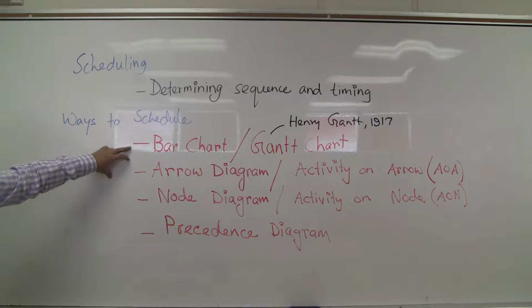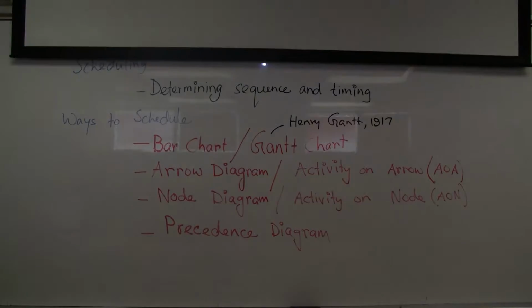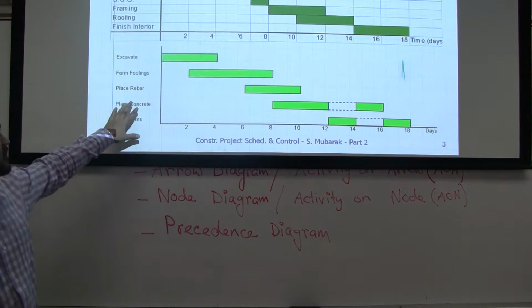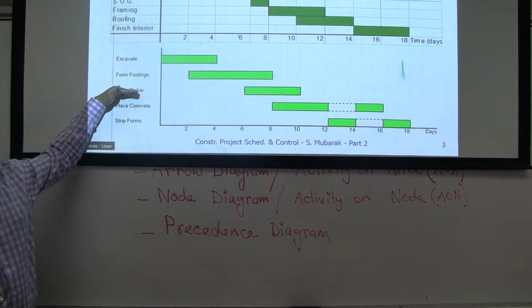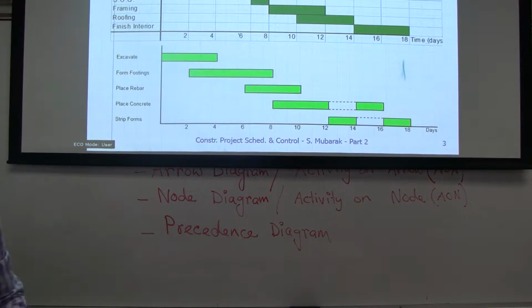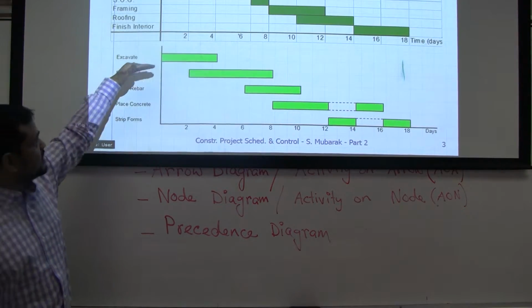Now, we saw what bar chart is. It is just a time scaled bar. I showed you this. You cannot see here, right? Oh, you cannot see, yes. So bar chart looks similar to this, yes. Here I will define my activities. Again, I told you, this defining activities is up to you. You can define 5 activities, 10 activities, 50, up to you. Yes? Then these are my work.